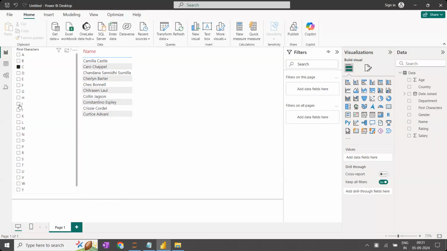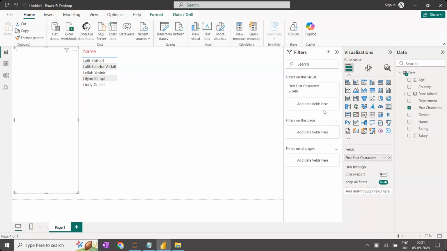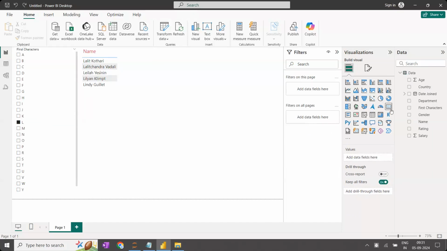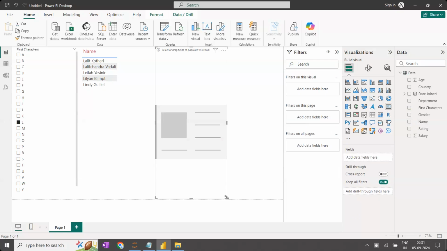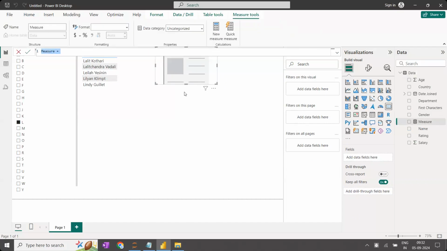With the letter I, how many people are there? Sir, here the people are visible, but I want the count. I want their count also. So for that, what I'm going to do is add this one. Just a minute. There is an option called count. In this, I'm going to make it with respect to the count. For that, I'm going to create here: count is equal to